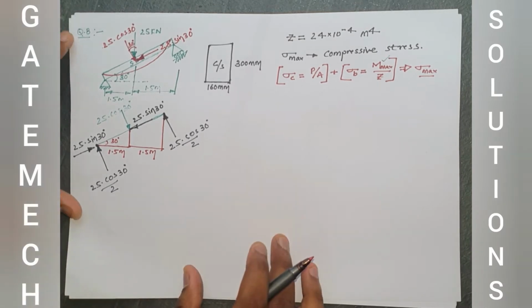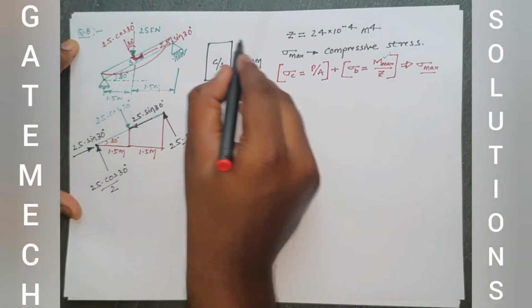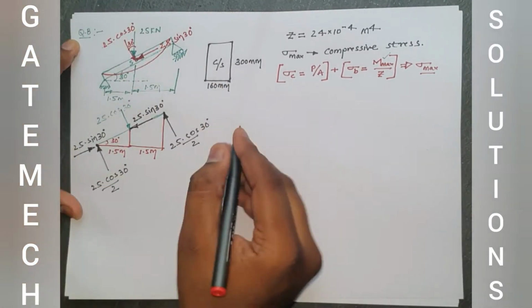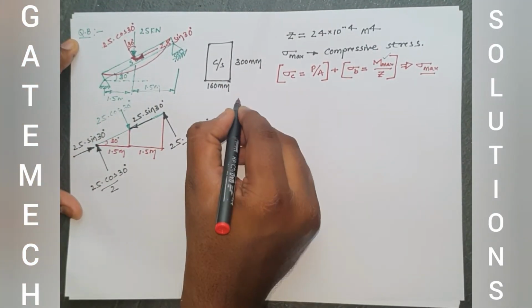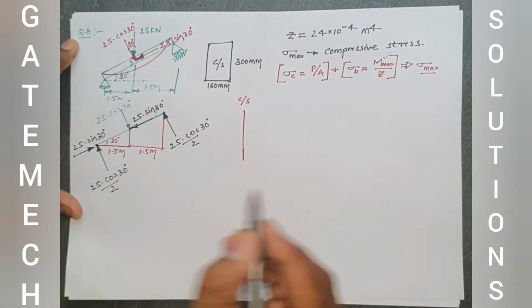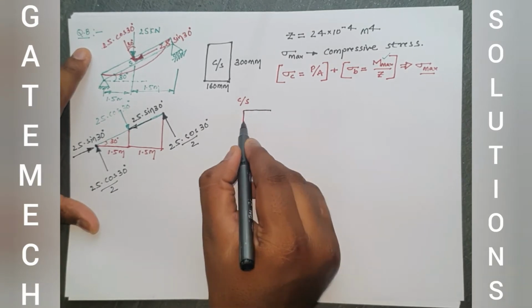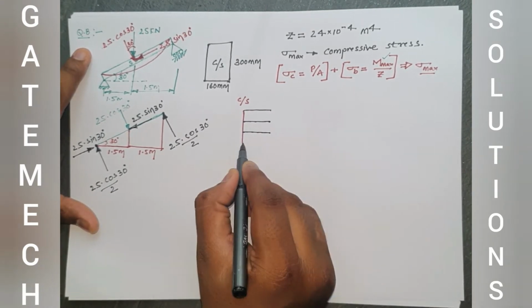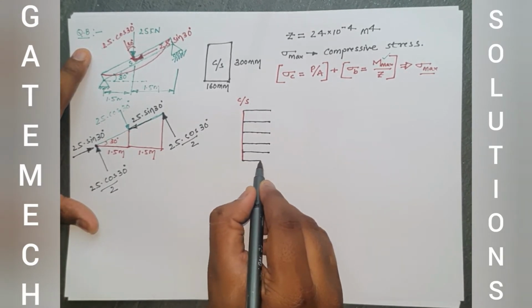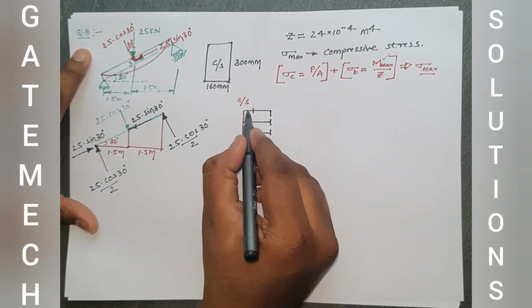Now, the cross section will be visible if you look at it from the side view, that is in the rectangular shape. But if you look at it from the front view, the cross section seems to be in the form of a line. This is a cross sectional plane. If you look at it from the side view, that is a rectangle. Now, if you look at it from the front view, this is the shape of the cross section. So this cross section is subjected to a direct compressive stress with a magnitude of P by A.